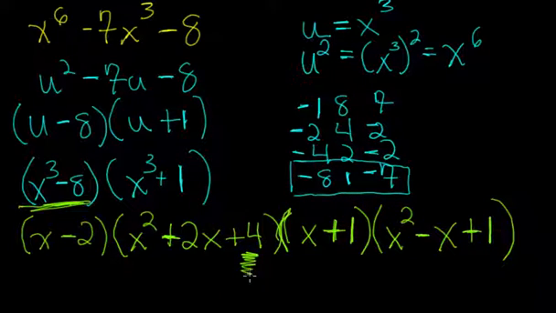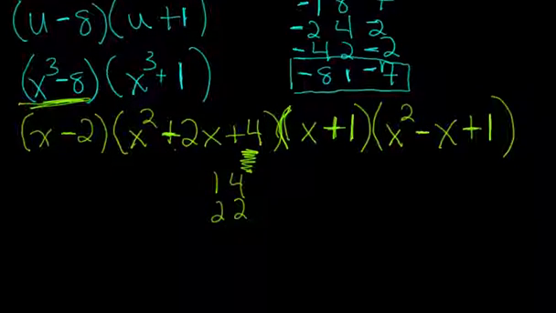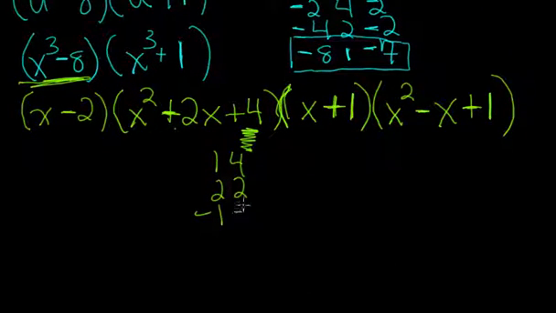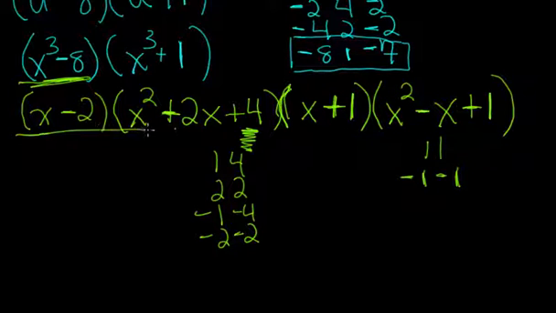There's no factors of 4 that add up to 2. Right? Well, 1 and 4, 2 and 2. Oops, scroll down here. -1, -4, -2, -2. This adds up to 5. This adds up to 4. This adds up to -5, -4. So none of these add up to 2. And the same here. There's no factors of 1 that add up to -1. I have 1 and 1, -1 and -1. If this were a -2, it'd be good, but it's not. So these are our factors